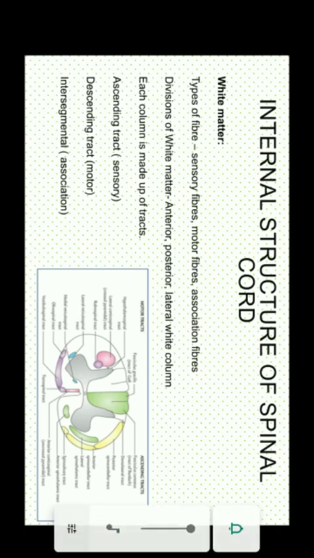So here we come to an end for this topic. Thank you. The details of the tracts we'll be seeing in